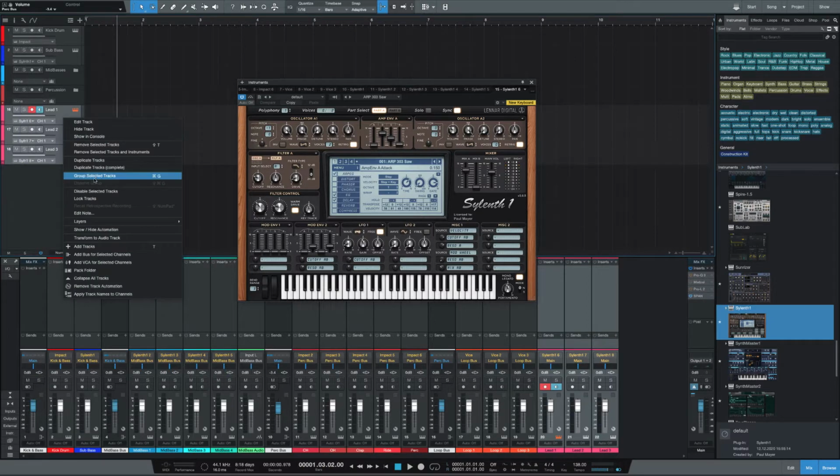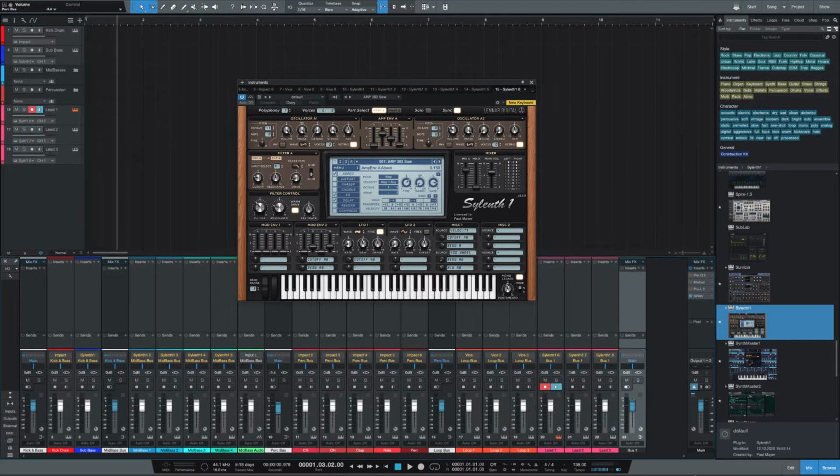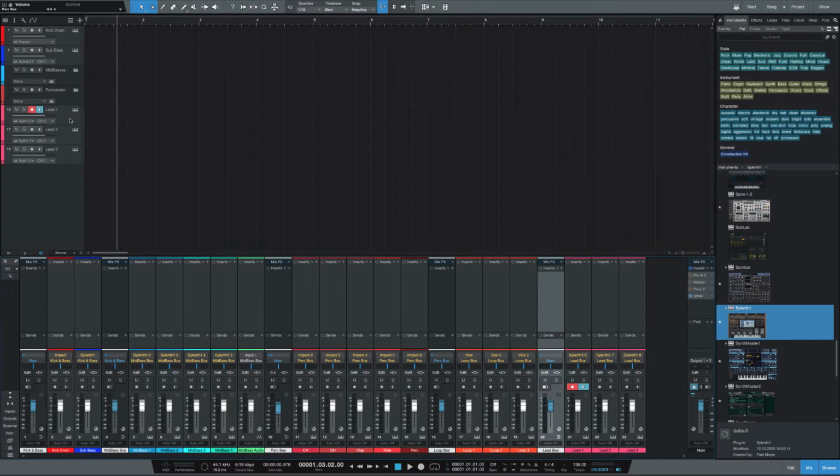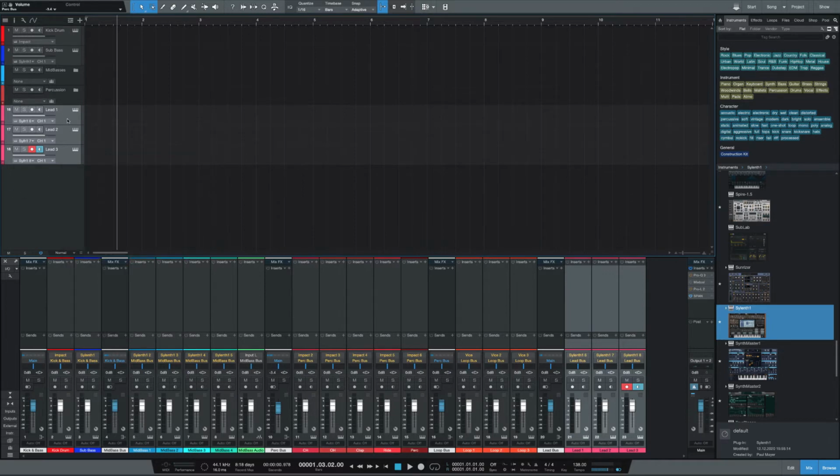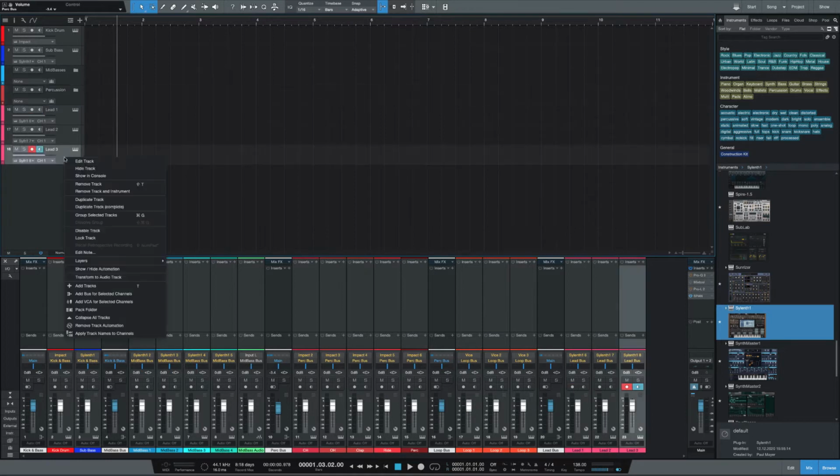These guys are going to get bussed as well. So I'm going to add a bus for selected channels. This is going to be the lead bus. Once again, it doesn't really matter where they are, because we'll be dealing with this later. And I'm going to pack these in a folder. I actually may not do that right now, because